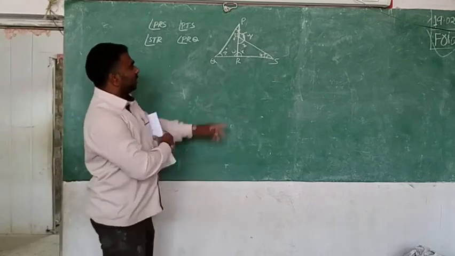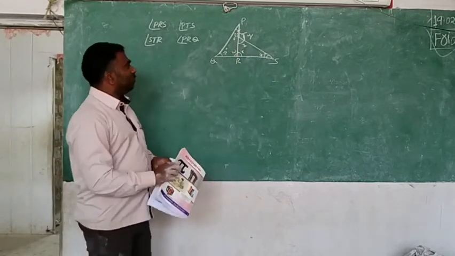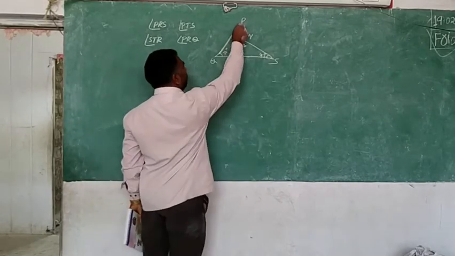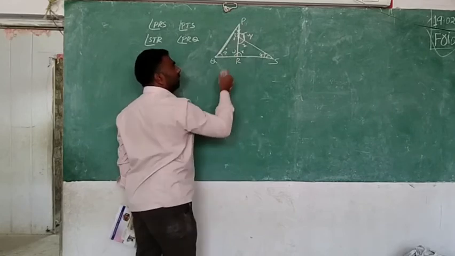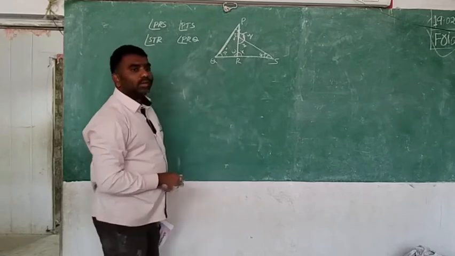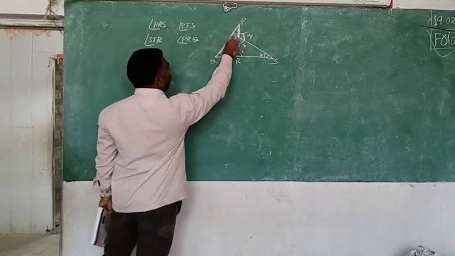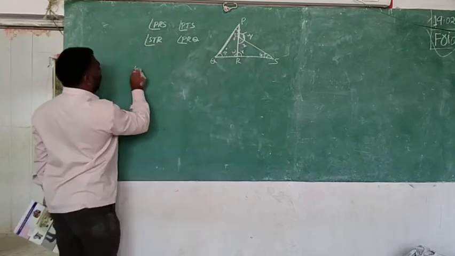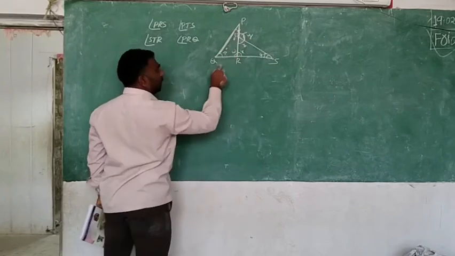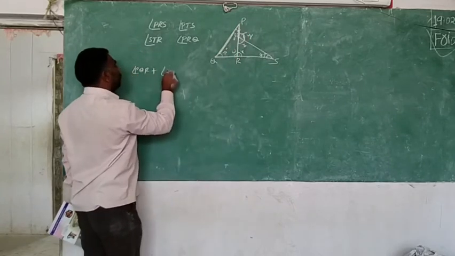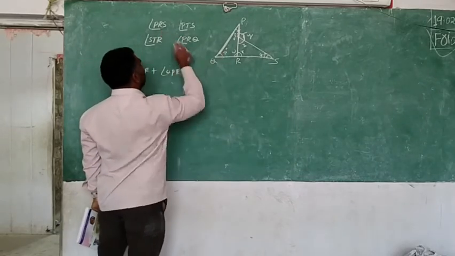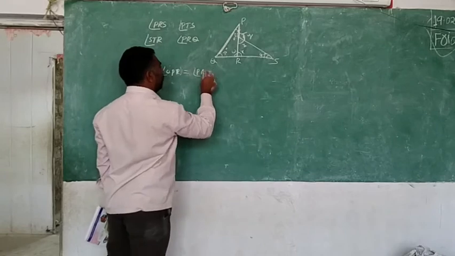First of all, we will try for X. What is X? Observe carefully. 50 and 35. Very good. For this triangle, it is exterior. Is it or not? For this triangle, it is exterior. This is 50 means what? Angle PQR plus this angle QPR. Angle QPR is equal to what? It is PRS. Yes.